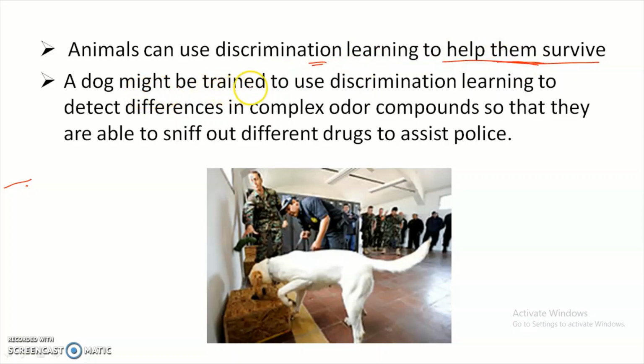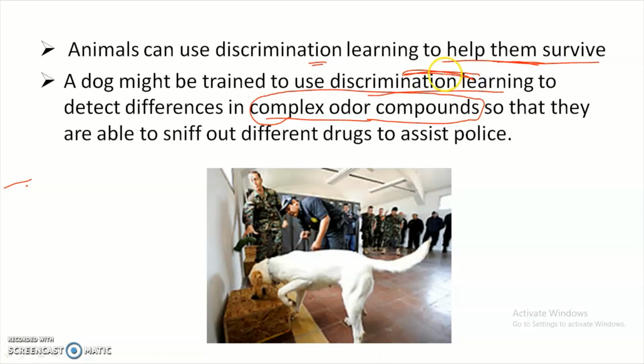And a trained dog uses discrimination learning to detect the difference in complex odor compounds. That means police or military trained dogs are able to detect drugs, bombs and RDX, all these things. So they are properly trained. Such training is nothing but discrimination learning.